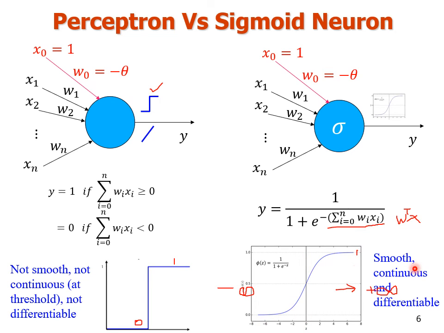The function is smooth, continuous, and also differentiable. Because it maps a very large input domain to a small range of outputs, it is also referred to as the squashing function. Further, as this function is differentiable, the gradient descent learning rule can make use of this function for